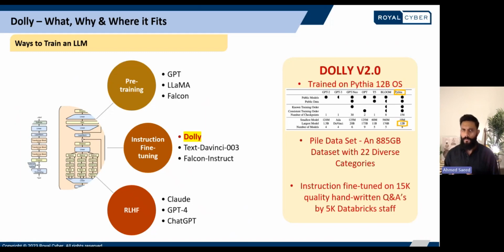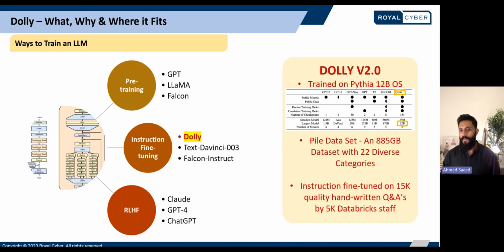So they found a pretty robust open source large language model called Pythia, which is based on about an 885 gigabyte data set called the Pile that spans 22 different categories or representations of our world, different genres and different categories. So it's a pretty wide data set and pretty sparse at the same time.